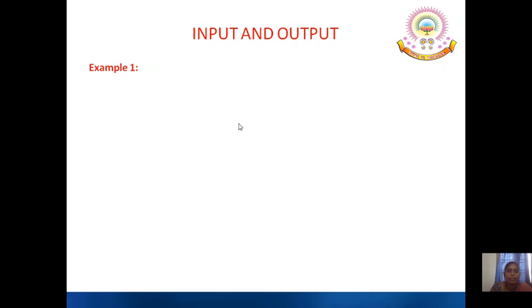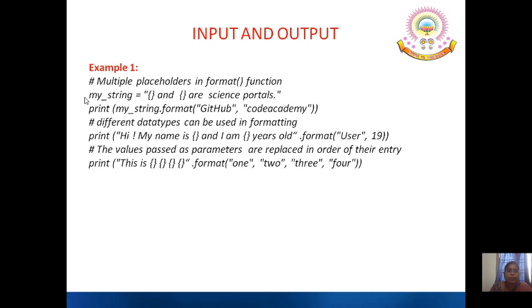Now let us see the example. Here we are using myString. MyString is a variable. So in this variable we are storing some data. So placeholder and placeholder are science portals. So in the first placeholder, whatever you have given in the format will be placed, and in the second placeholder this value 2 will be placed.